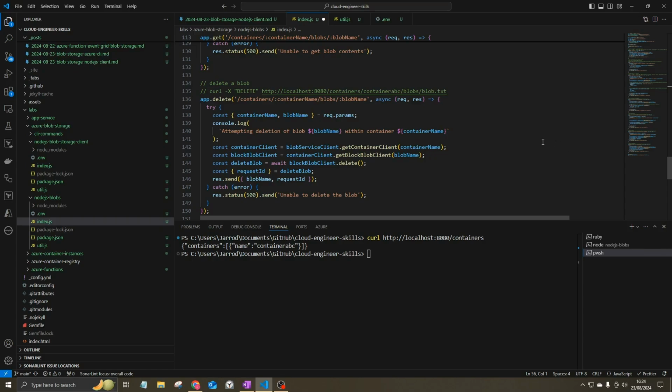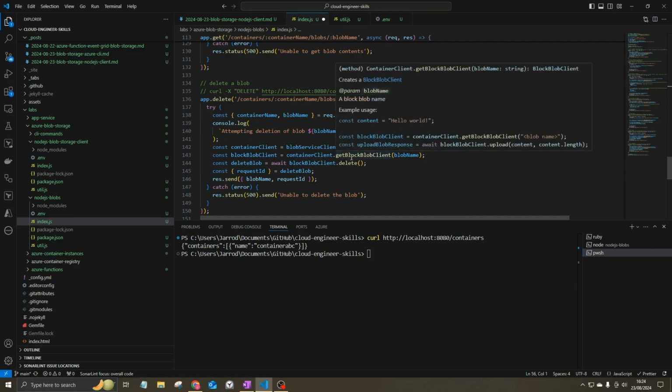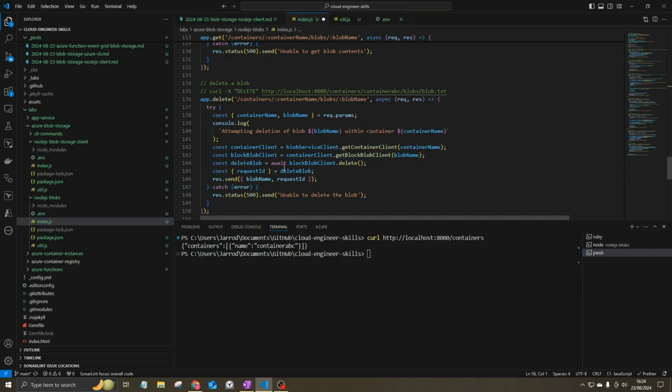And we'll be gathering the container name and blob name off the request parameters. We'll create the container client from the blob service client, and we'll also get the block blob client as well. Then we'll use the delete function on the block blob client. And if that's successful, we'll get a request ID from that, and we'll provide that along with the blob name in the response back to the user if it was successfully